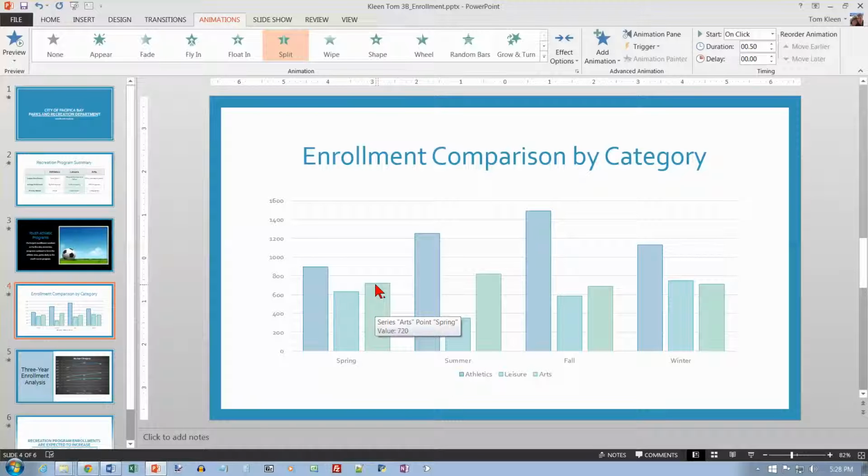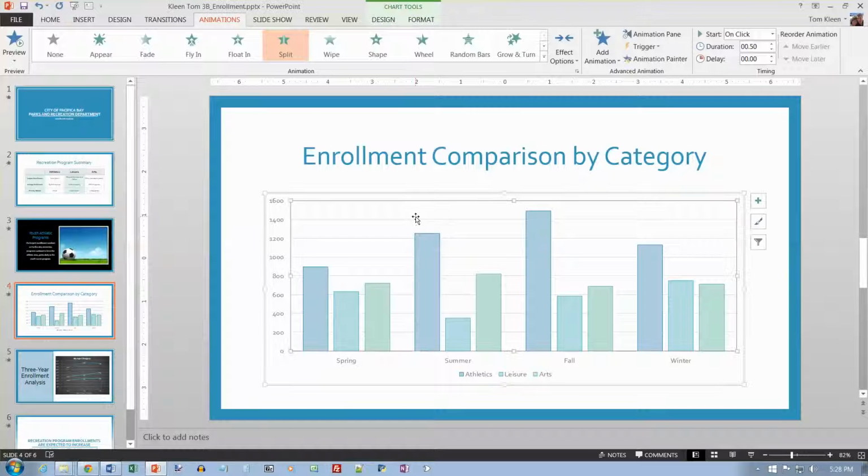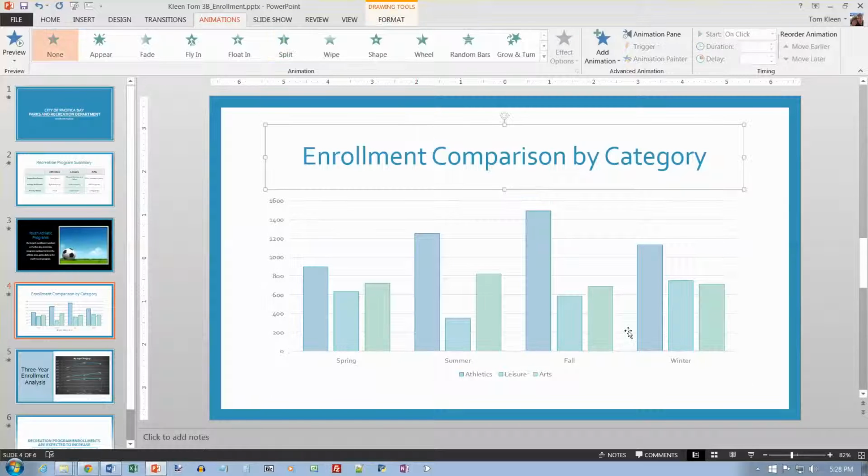And it says view the slideshow from the beginning, and on slide 4 note the chart animation sequence, and we're not going to do that. You can try that on your own if you want to, but we just actually saw a preview of it right now anyway. And actually, if you want to preview the slideshow just from this slide, you can just click down here on slideshow,